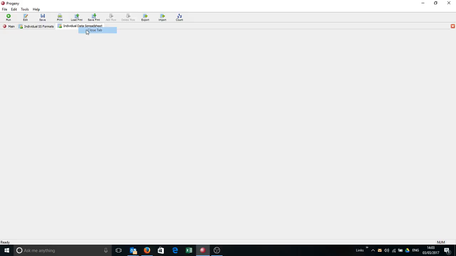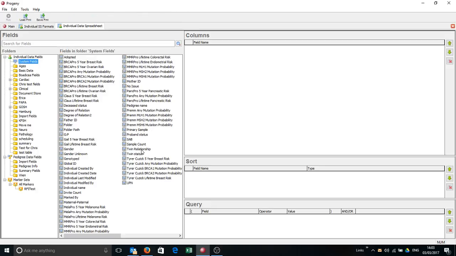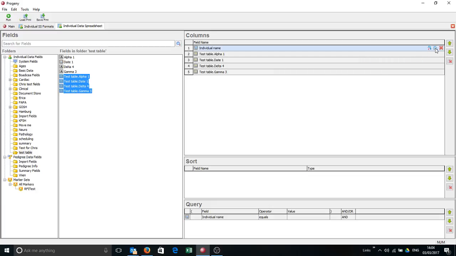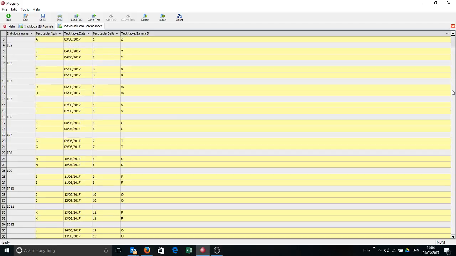Now just so you know so you can't say I'm cheating, if I click new spreadsheet again, bring across individual name, these test fields here. Again, I think I'll run this query just so we don't have to see the whole database. Begins with, and then ID, like so. And then when I run that, you'll see, actually you can see I've done this before. So we've now got 2 table rows here, duplicates in this case. So you can see that we can get any data in quite quickly,